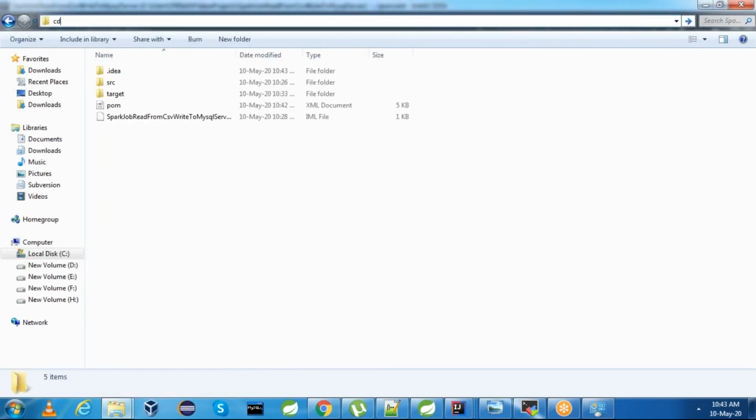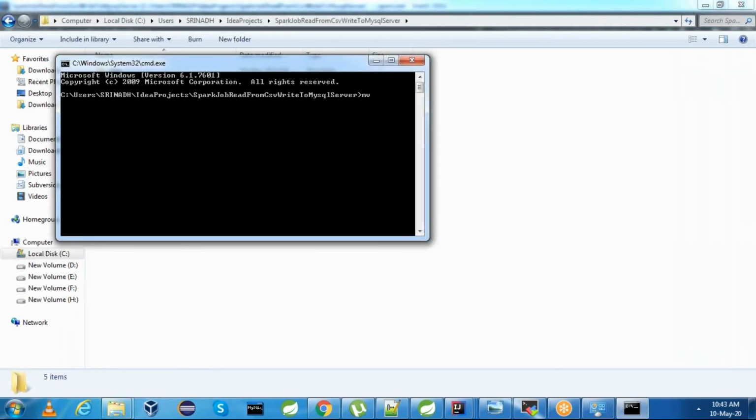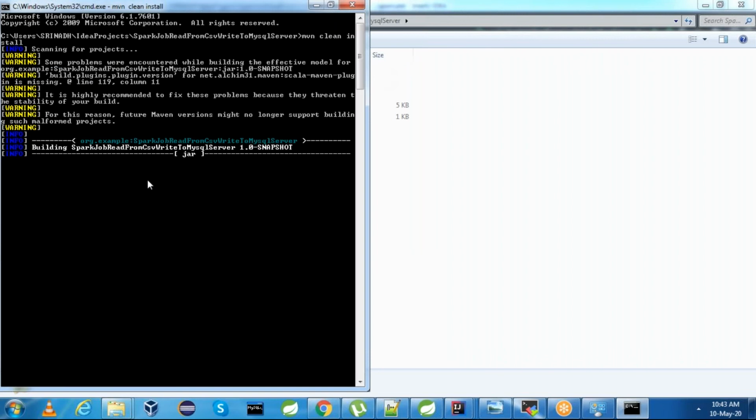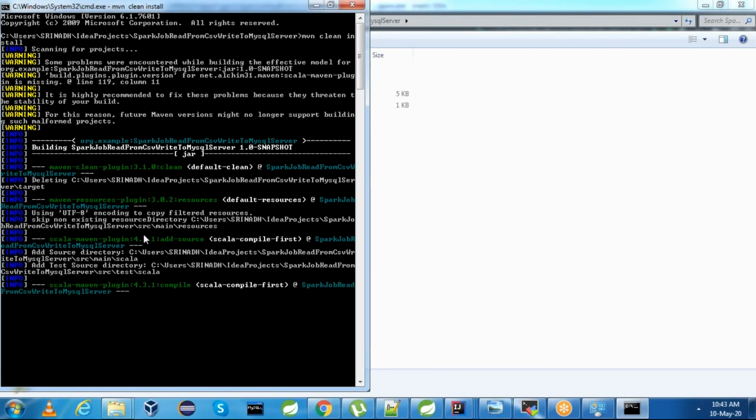Open the command prompt here and say mvn clean install. This will start building the project, and it will create a fat jar for us.